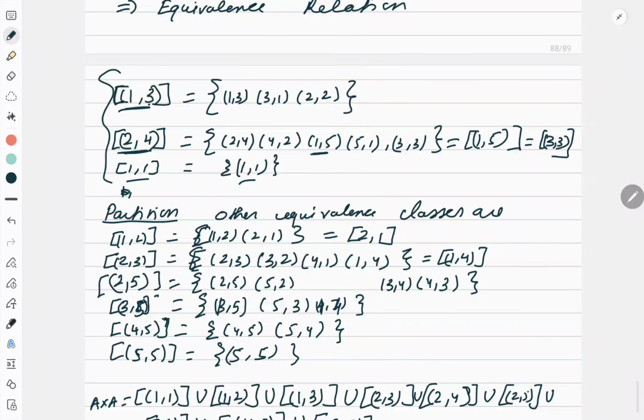Now what are the other equivalence classes? See how you should think, so that you do not miss any class. 1 plus 1 is 2, so 2 is the smallest sum. So for 2 I wrote it. Now what numbers are giving me the sum 3? 1 and 2 will give me 3, so write for 1 and 2. Sum 3 I got. Then sum 4. 4 means 2 comma 2. Correct.